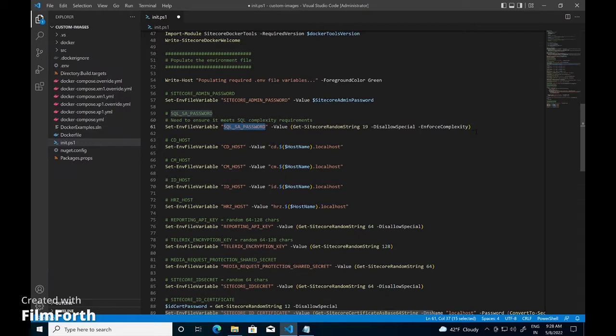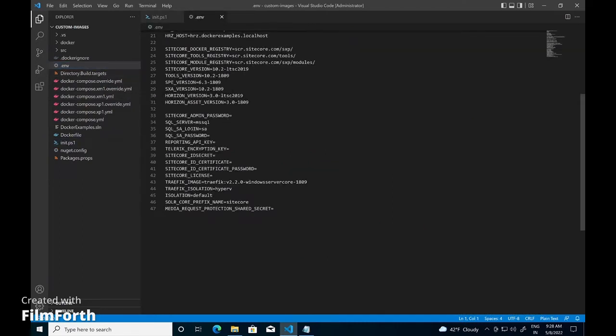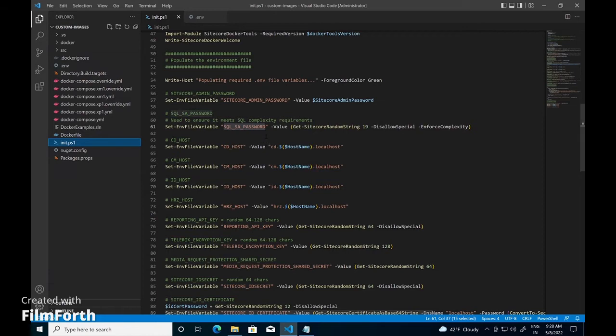with a strong password. Other than that, the script will install Sitecore Docker tool, which will contain various cmdlets to support Docker-based Sitecore development. Also, it will generate HTTPS certificate using mkcert and add Windows host file entries. So in the environment file, you can see these variables are empty, which are going to be populated using this PowerShell